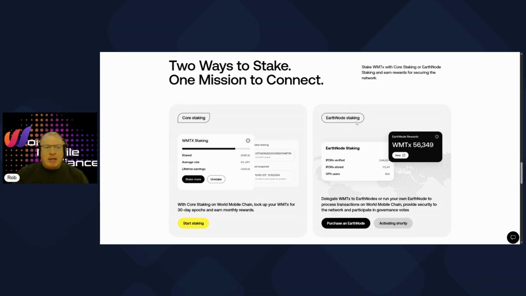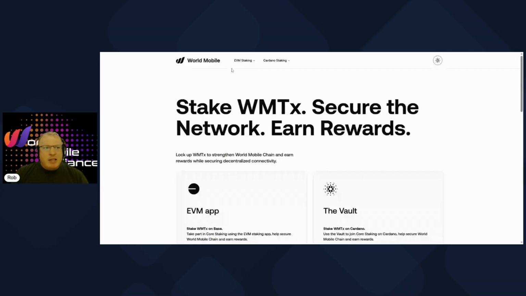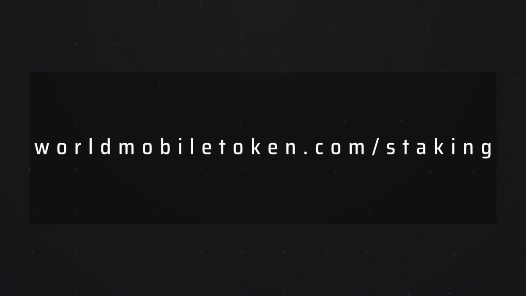But in the meantime, core staking is simply staking to the one public node that is run by World Mobile. And this is what's available right now. So we're going to start here by going to start staking. And it's going to take us instead to